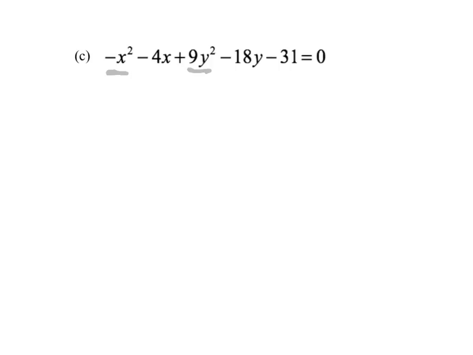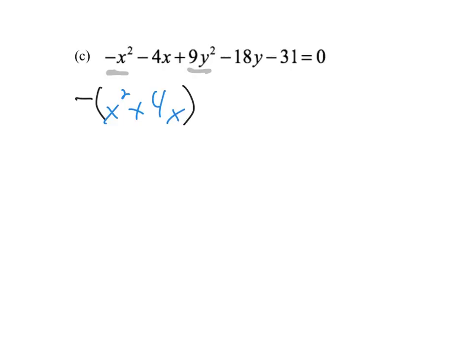To do this, we're going to have to complete the square a couple of times. Before we do that, we want to get our things into the form of x squared minus or plus something in x, and y squared minus or plus something in y. In other words, we want to regroup these and then break up the interparts. So we'll take this as minus, and I'm going to factor the minus out from the x squared, and we're left with x squared plus 4x. The key thing there is to notice that the 4x term switched to positive as well, because we pulled out